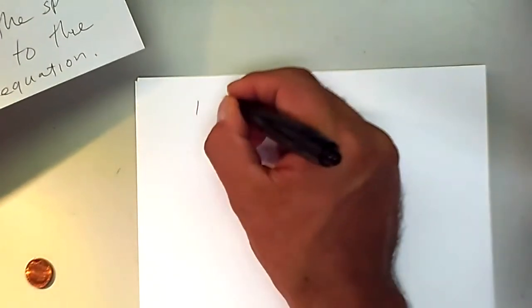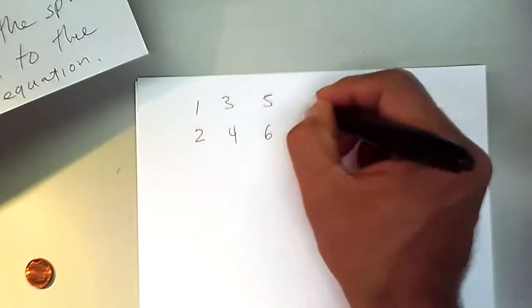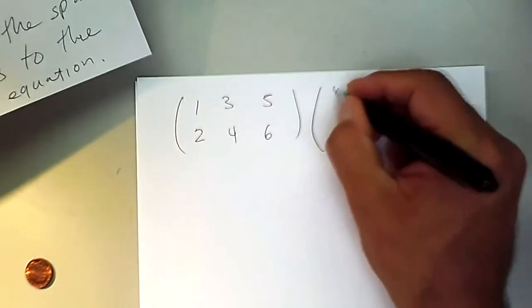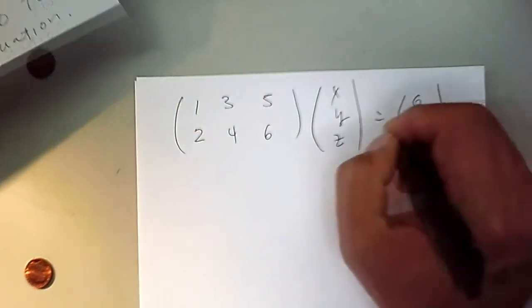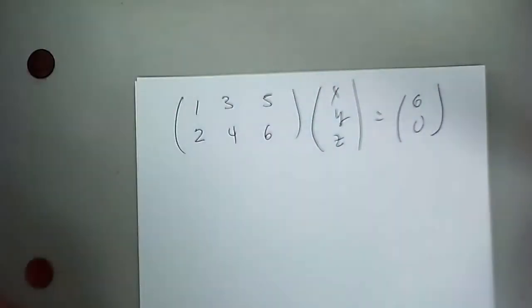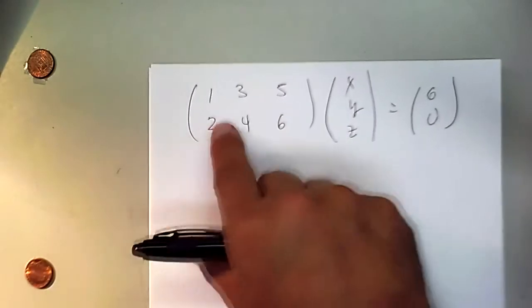Okay. 1, 3, 5, 2, 4, 6, x, y, z equals 0, 0. And then what we can do, so this is still example 1, we can reduce